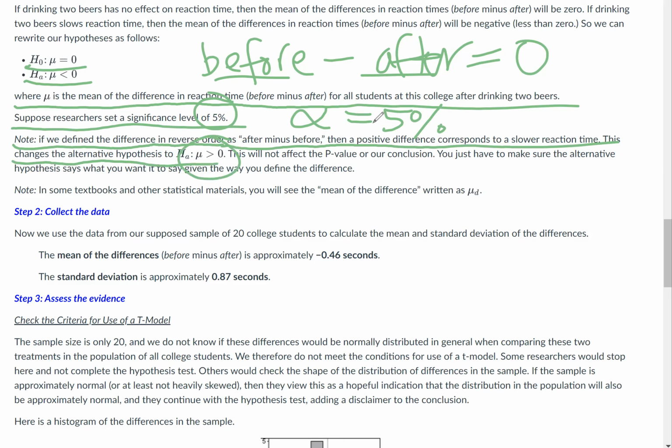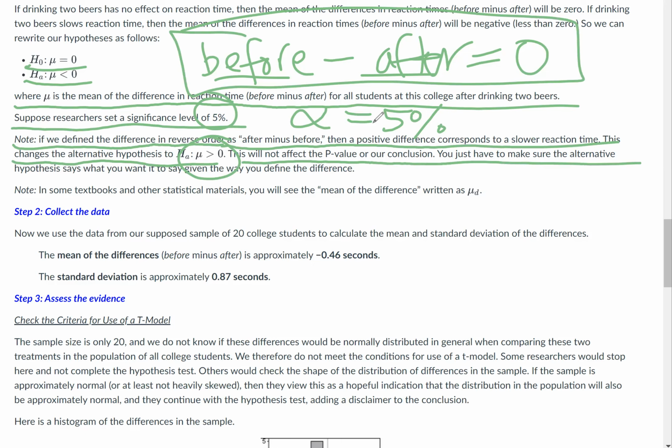I would want mu to be greater than 0, not less than. But we've defined it as before minus after, not after minus before. This will not affect the p-value of our conclusion. So you just have to make sure the alternative hypothesis says what you want to say, given the way you